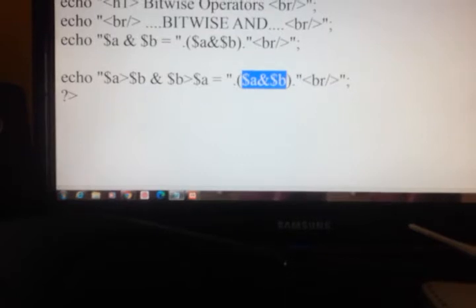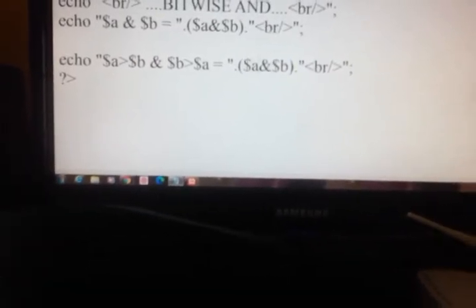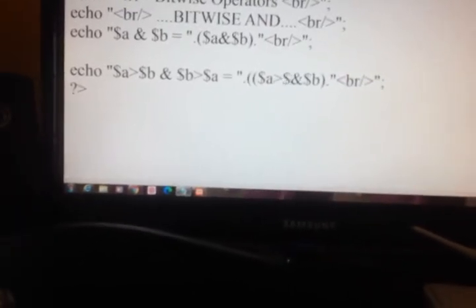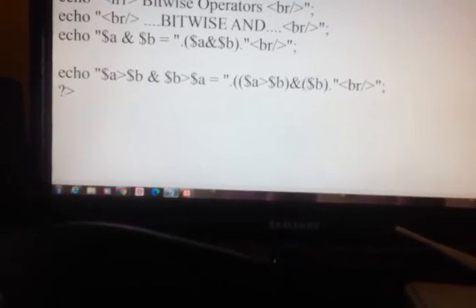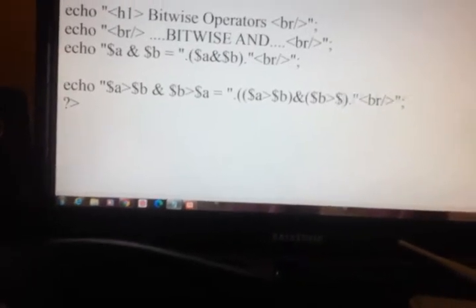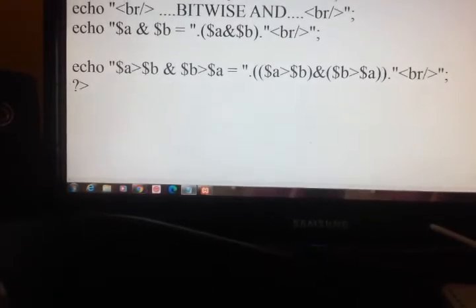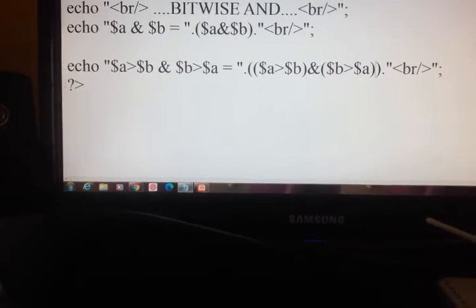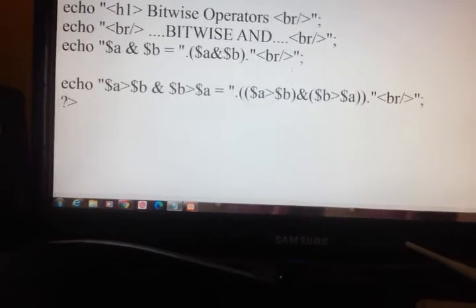So here also you have to change to $A greater than $B and $B greater than $A. Save.